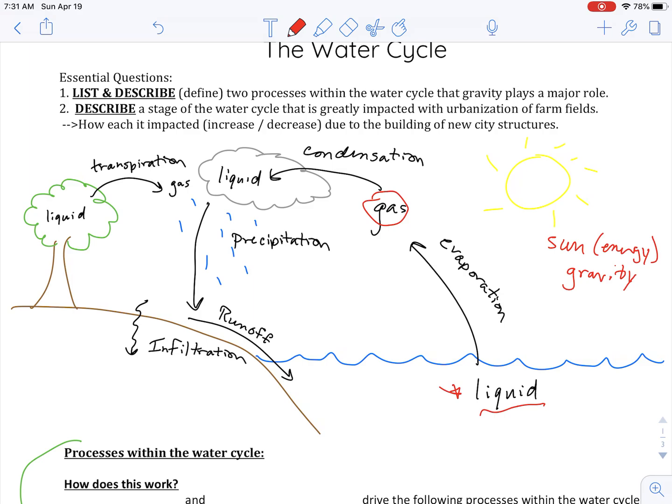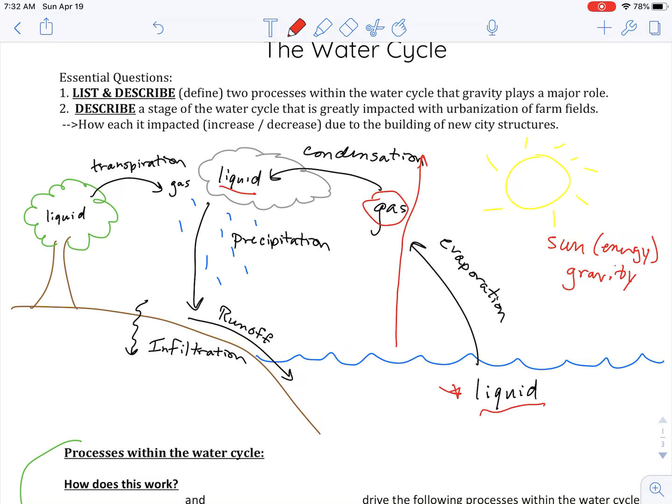Condensation can be a little bit tricky to think, well, how is the sun or gravity causing that? And for that one, you need to think about energy. And in this case, we know that as we go up in the atmosphere, this is from our climate unit, further and further away from the surface, up here it gets colder. So again, it kind of goes back to energy. So up here, as that warm evaporated gas water goes up into the atmosphere, it will cool because there's a lack of energy now, and condense to form our liquid water in the clouds through the process of condensation.